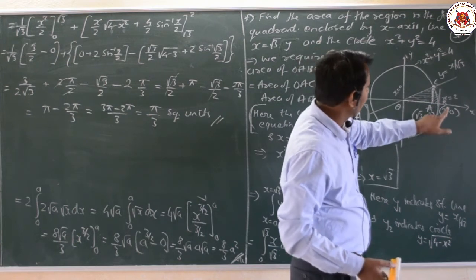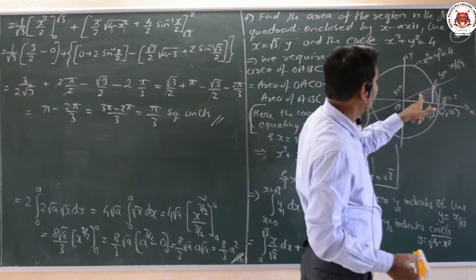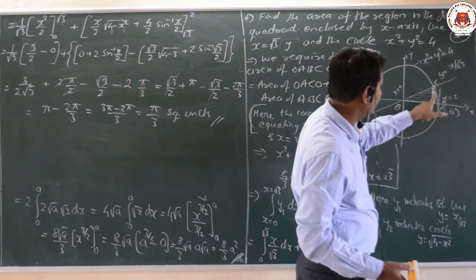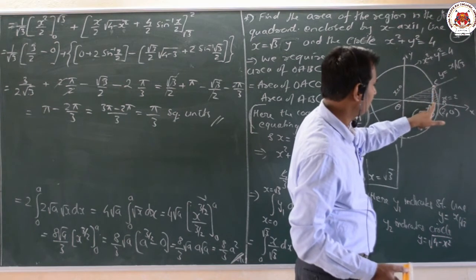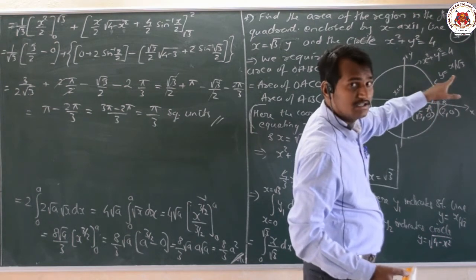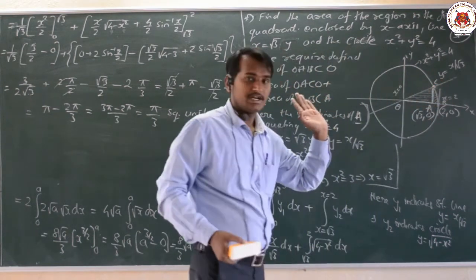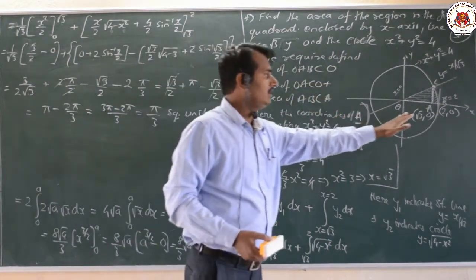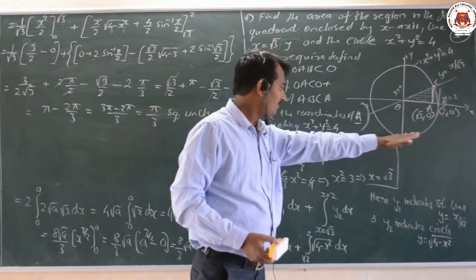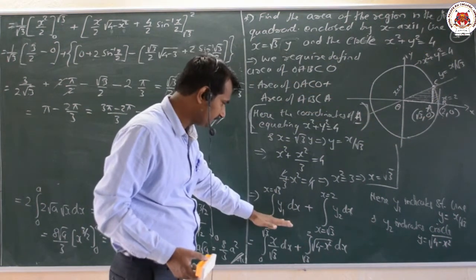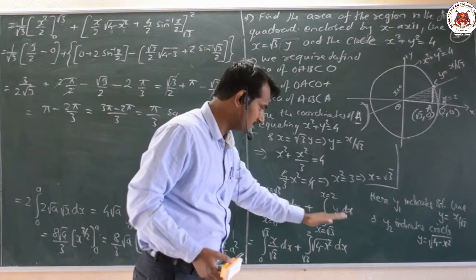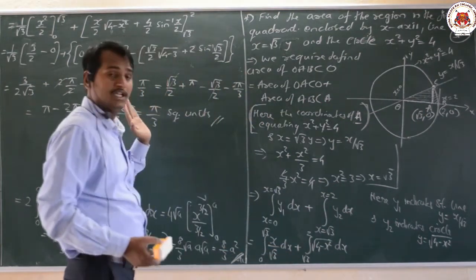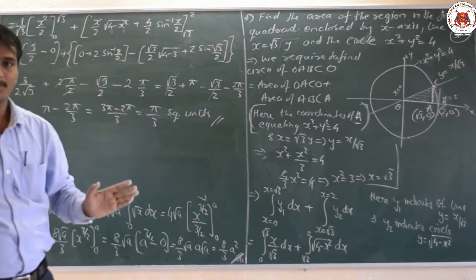The next thing is, since it is a straight line, it divides the region into 2 halves. So first we require to find out this particular coordinate. Therefore we are equating the circle and the equation of the straight line. By making use of this I am finding the a value coordinate. After that, substituting the upper and lower limits, and then integrating it simply. Okay dear students, it was nothing but a simple problem.